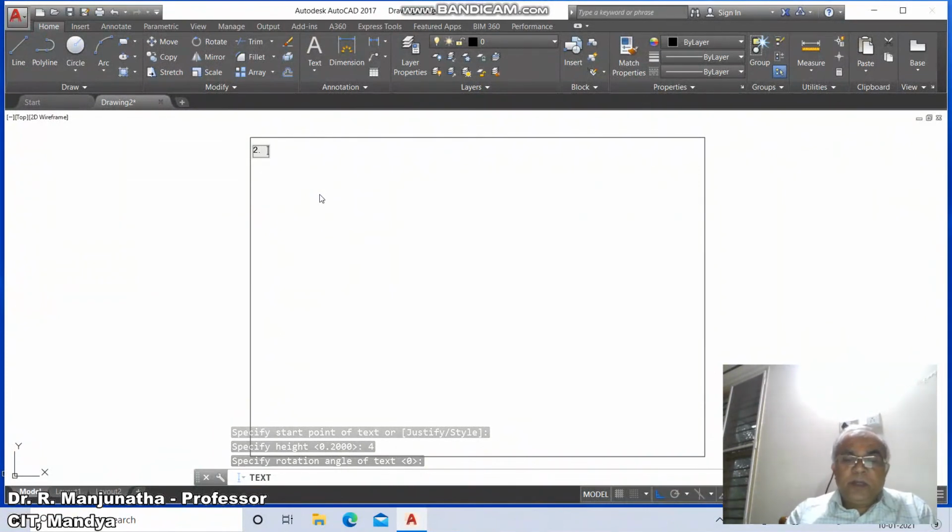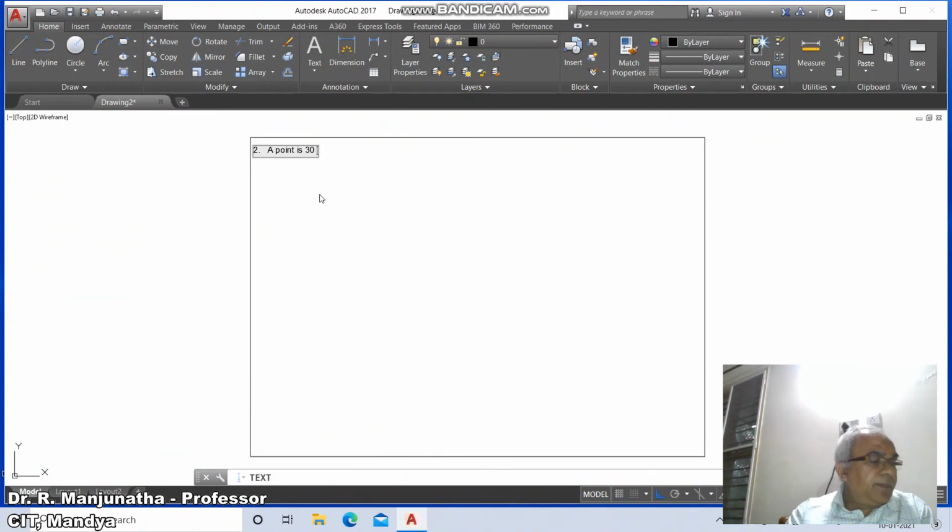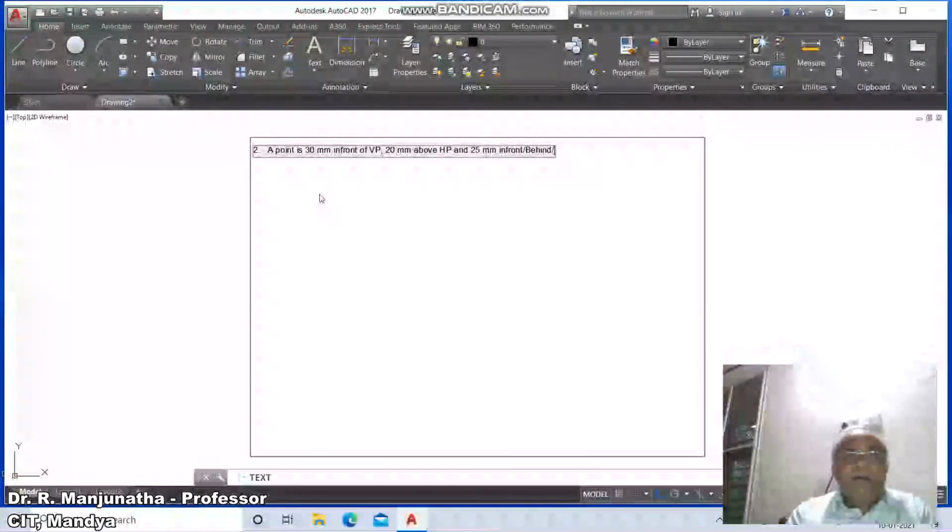Problem number 2. A point is 30 mm in front of VP, comma 20 mm above HP, and 25 mm in front slash behind slash from LPP.